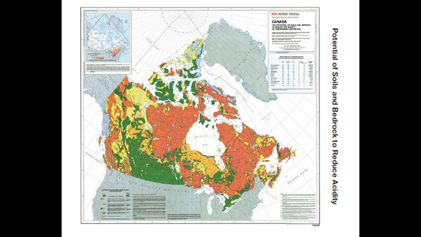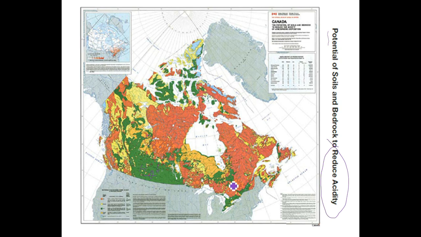Kind of difficult to make out the details that it is showing on this map, but we can still see from the colors, and the title that it has here, The Potential of Soils and Bedrock to Resist or Reduce the Acidity. So if we have acid deposition, what it's showing here in green is that the soils here, which again, this would be in southern Alberta, Saskatchewan, Manitoba, those soils have a high ability to reduce the acidity and prevent changes in pH. Whereas if we go over into the Canadian Shield and the northeastern part of the province,